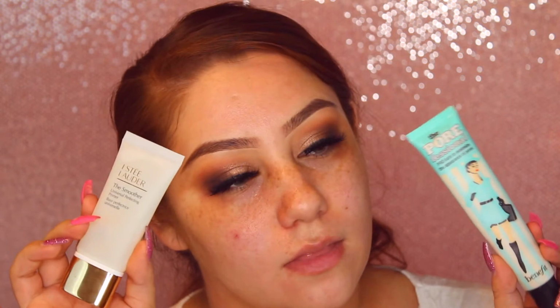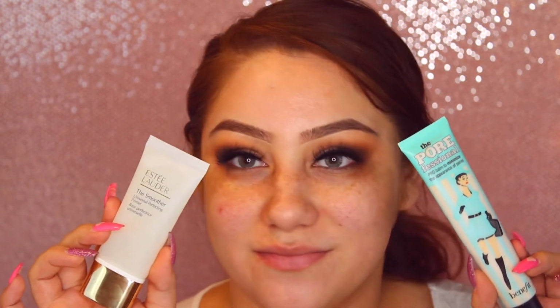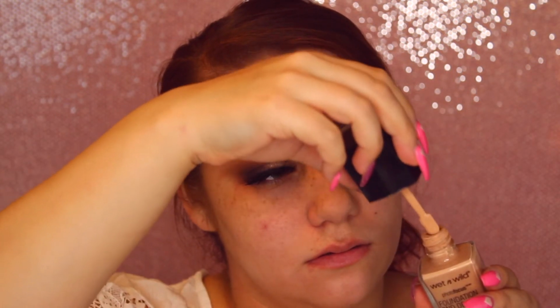And then after that, I'm going to go ahead and take some lashes. These are the most beautiful lashes, and I think this will fit perfect for any bride. So these are the Mink 3D hair lashes, and this is in the style A12. I'm going to go ahead and take my Estee Lauder smoothing primer, and then my Professional by Benefit, and these are just going to help me create a nice smooth canvas when we are going to apply the